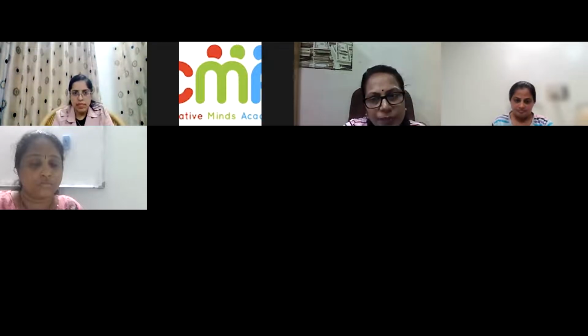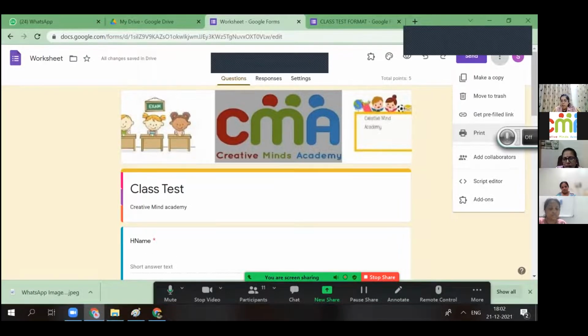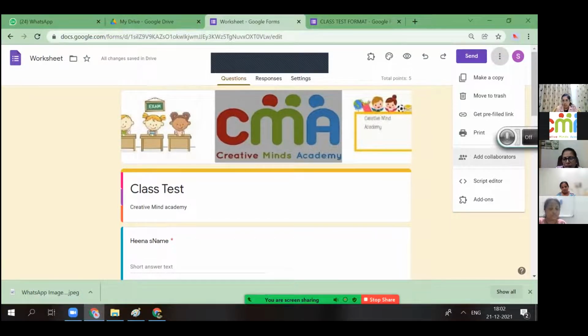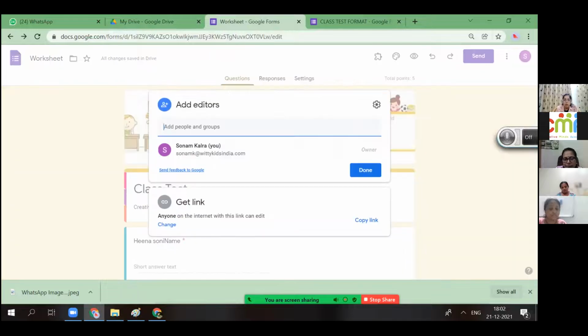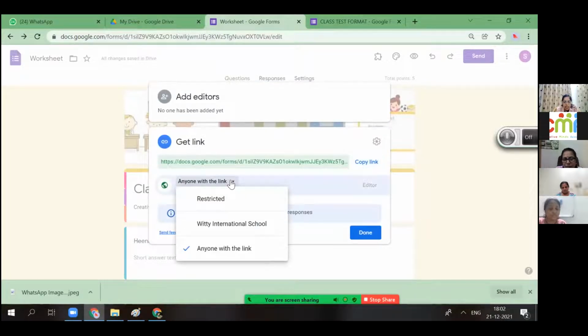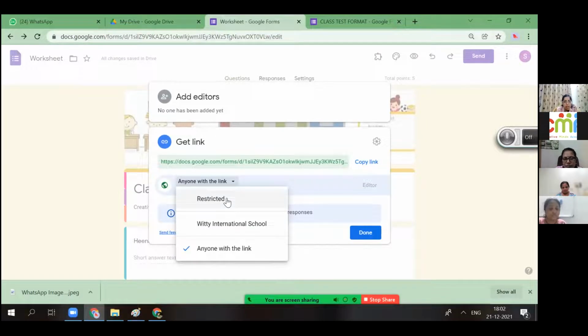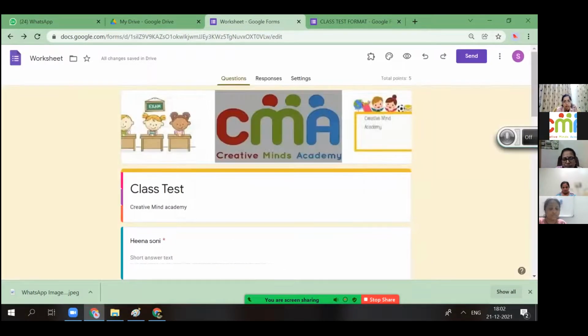What did you do? I just changed the settings. Simply by adding the collaborator, you need to click on this. Actually, this form by mistake I have made with my professional ID, which is restricted to that particular organization. So I just clicked on this change setting. Now from here, you'll select this anyone with the internet link, or if I keep it restricted, then only the selected users working there will be able to work on it. Okay.